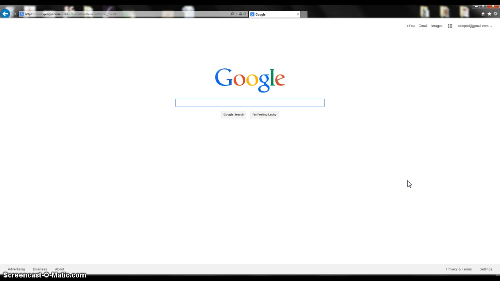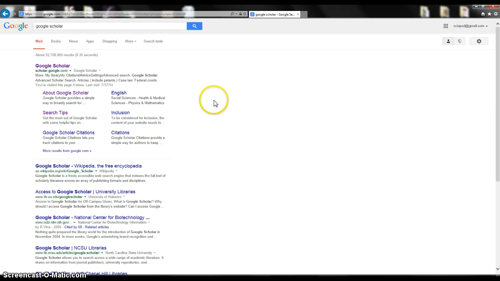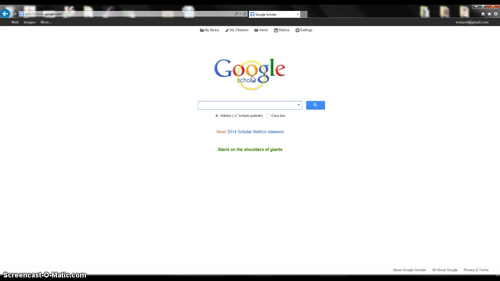Hey everybody, here's a quick introduction slash tutorial for a cool Google feature called Google Scholar. You can get to Google Scholar by going to your search engine and typing in Google Scholar. It'll be the first one that shows up. It looks just like a regular Google search engine, but this is really good for research and different types of learning